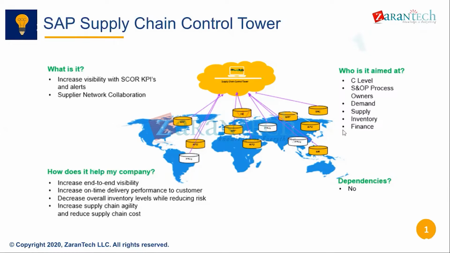We are aiming at our demand planners. We are aiming at our inventory, finance. We are aiming at our supply planning and sales and operation processes. So at a high level, we can monitor how the processes are working across the world for my particular company. At the same time, the various departments of the company, it's very transparent using the supply chain control tower where